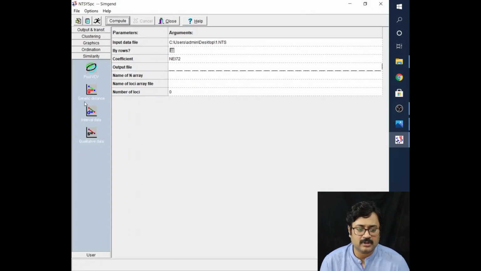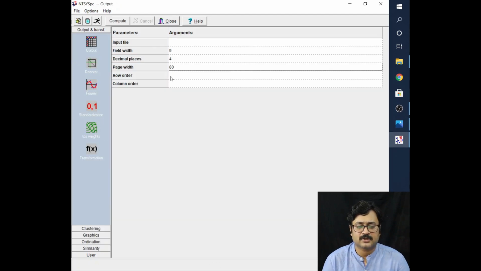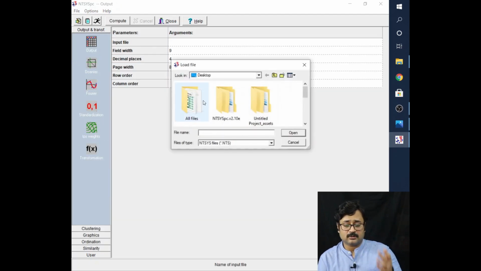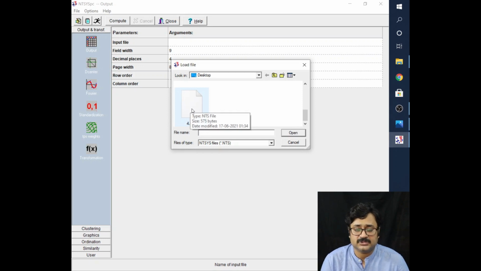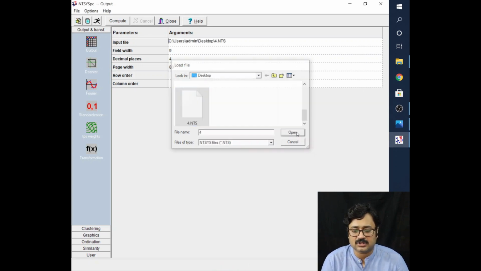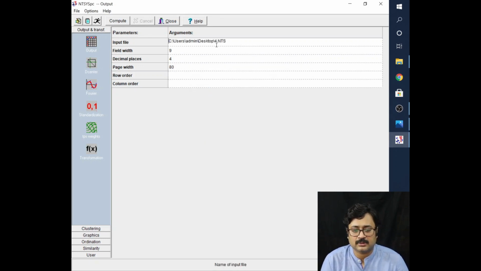Before going to the next thing, we will go to output and transfer, and I would like to see how the genetic diversity data looks. So I have shown it the particular file in which I have saved it, and here are the same things filled with decimal places, which you can change, and the page width which you have to change.